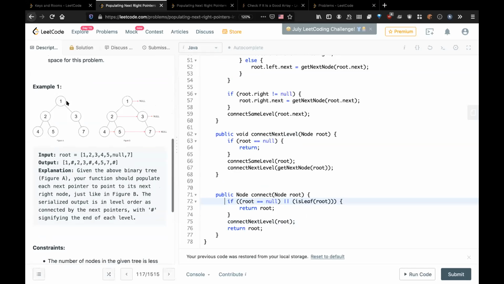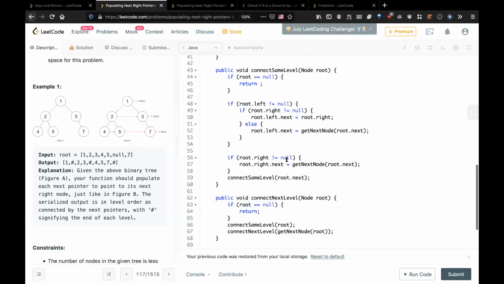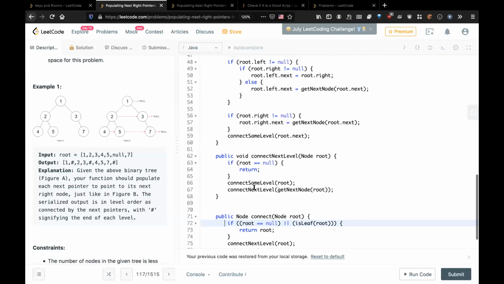So let me tell you something. Here I will try to connect the level 1, and at level 1 I am trying to connect 2, 3, and when I go to 2, I connect 4, 5, 7. So when I am at 2, I call for other nodes which are in that particular level as well.